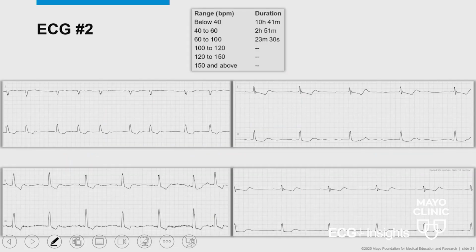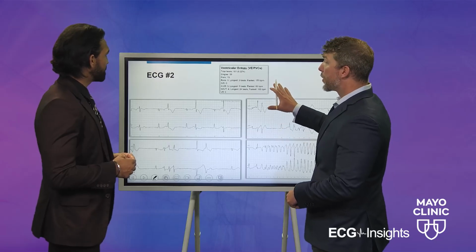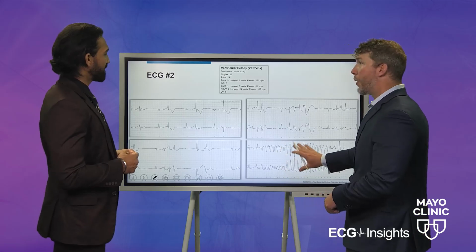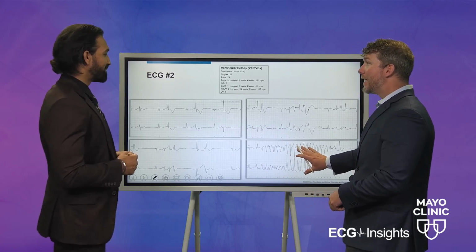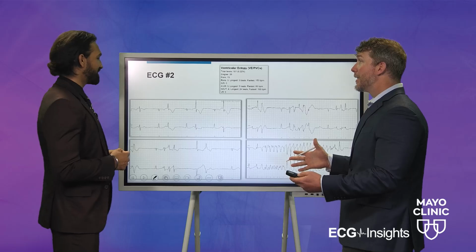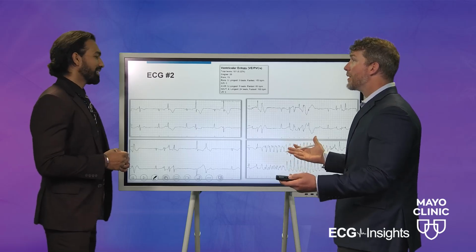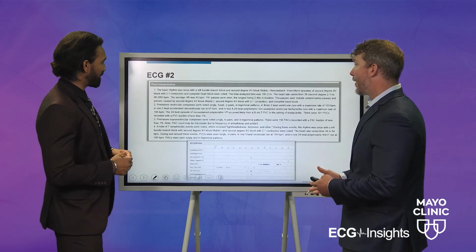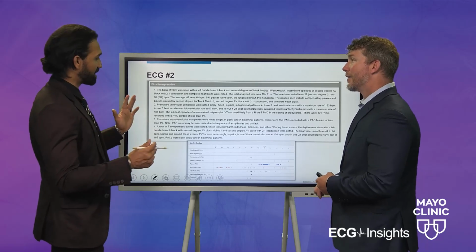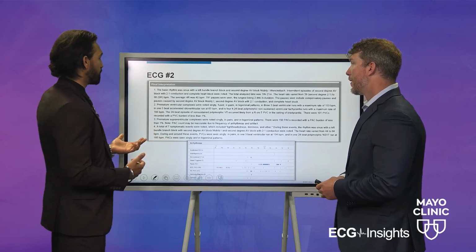Yeah. And as we get into some of the strips, whether you're talking Wenckebach, complete heart block, or 2-to-1 conduction, we're having a lot going on here. And then also from a ventricular ectopy standpoint, pointing out once again, polymorphic VT here. There's a lot going on in this ECG, in these examples. Where do you even start? Yeah, so let's go back to page 1 and just start with the report. And you're right, Alex, there's a lot of information here. Sometimes it can be overwhelming.